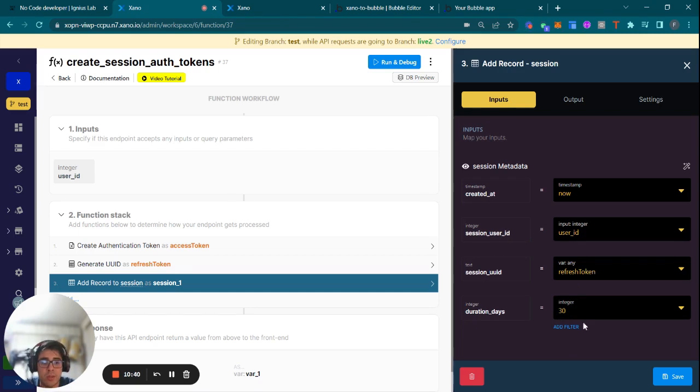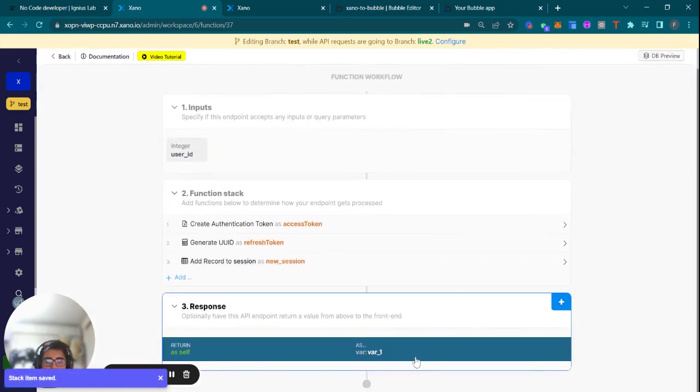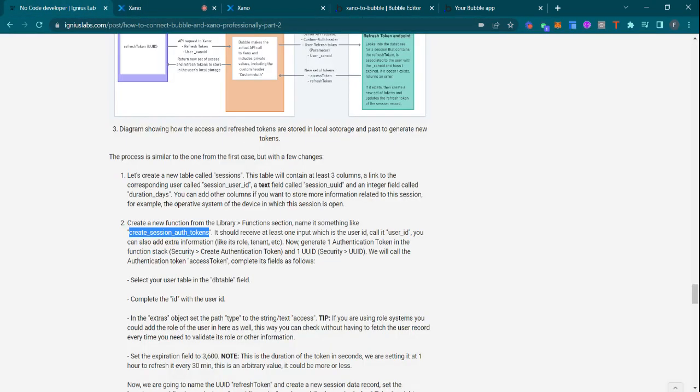I actually suggest you do this, but I'm not going to do it now because that depends on you. I'm just going to use an arbitrary 30 days for this field. And we are going to call this session, or new session actually. Something like that. It doesn't really matter, because what we are going to do now is return